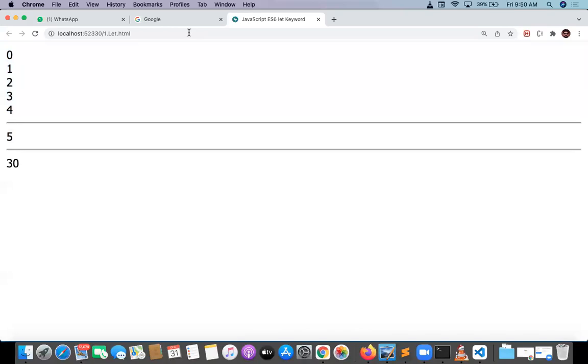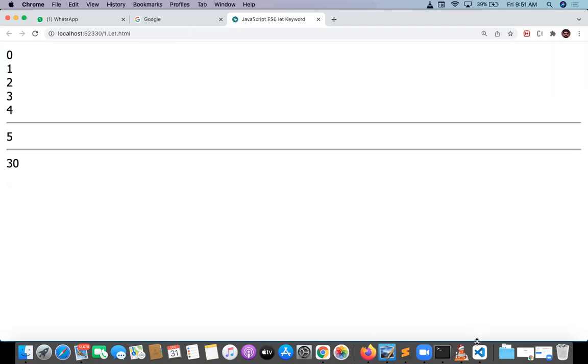So the i value is being manipulated, but I don't want to manipulate it like this. The i value needs to be restricted to the for loop. Throughout the program, the i value is accessible. This is not the right way of programming, not good programming. So JavaScript is not good programming. ES6 and TypeScript are good programming. Why? Because of the strict rules we need to follow for big programs or heavy applications. Whenever you want to create a modern, heavy application, it needs to have strict rules. The i value should not be alive after the loop.